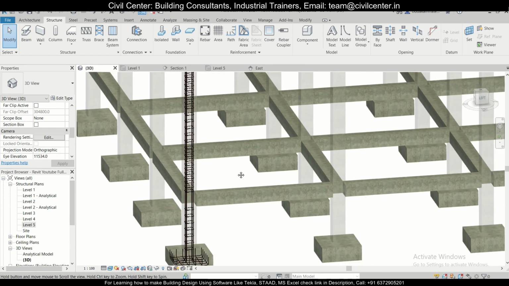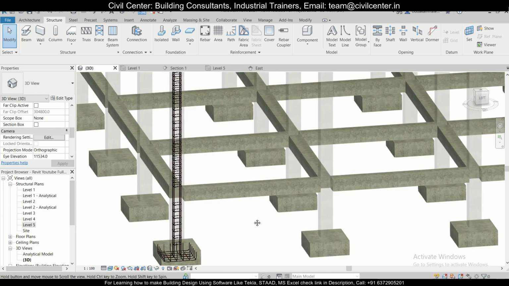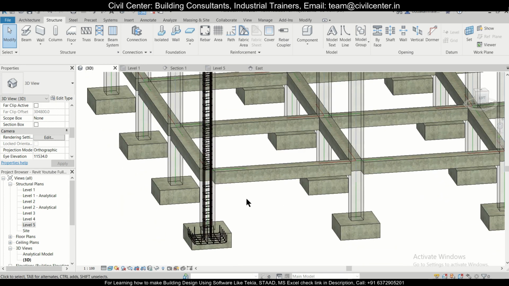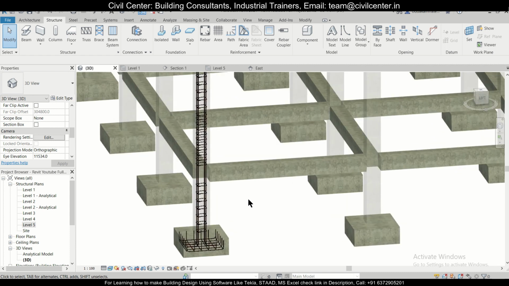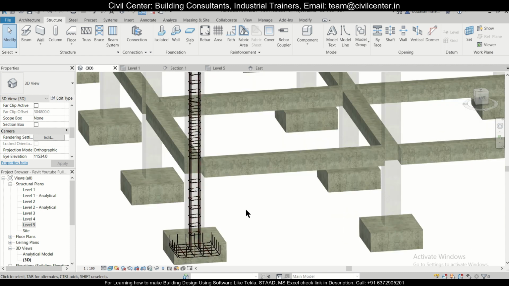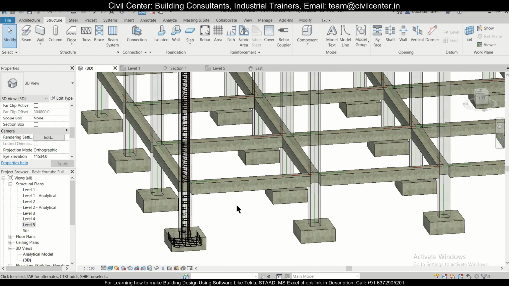Sometimes it is a bit tricky if you don't have practice in Revit. So when you are a professional, you have that particular practice when you are doing a project regularly. But for the learning purpose, for the starting, you have to play around with the software so that you have the idea of how and where to place the structural members.